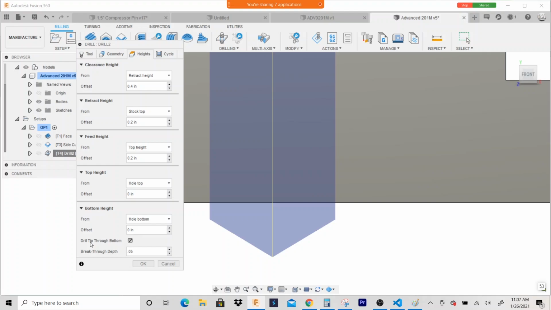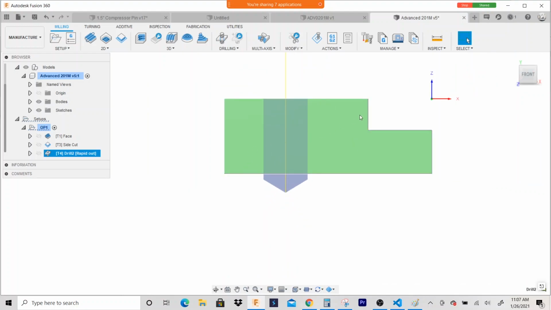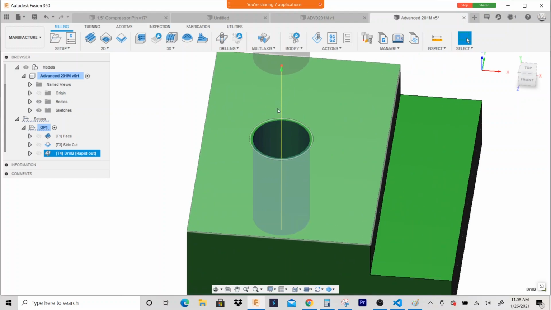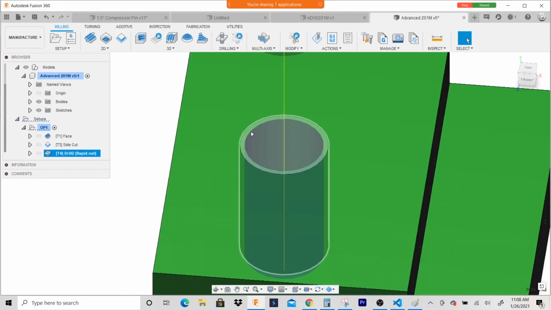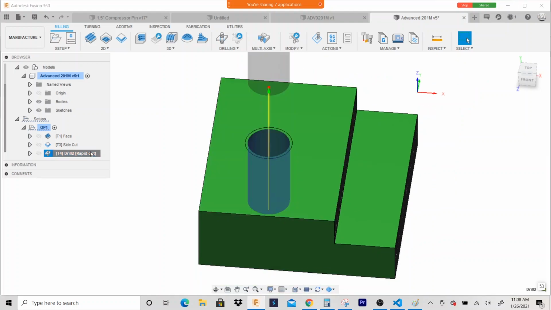You know, that's on through holes. If it's a blind hole, it better be the right depth according to the print. Okay, so I have this, and we still have a little bit of material left to cut out, right? So I'm gonna rename this 3/8 drill,